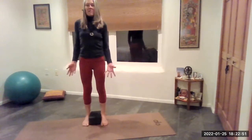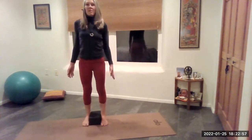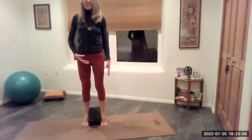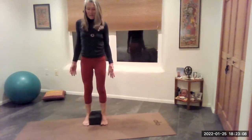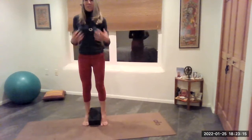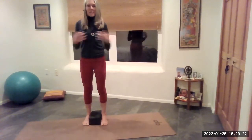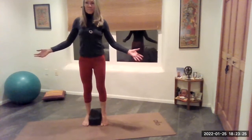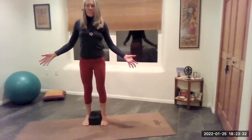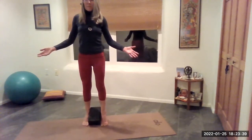And then starting to come up and down on the heels. So this is, again, a little bit more challenging. You might want to be near a wall or some support to help you here. Squeezing in, and you'll feel the lift in the pelvic floor, that connection, grounding, right, to the support in the root chakra, the subtle support there. We're working these energetic centers of the heart, the expansion into the arms and the fingers. Hands are just an extension of the heart. Ankles, feet, legs, all extension of the root, pelvic floor,